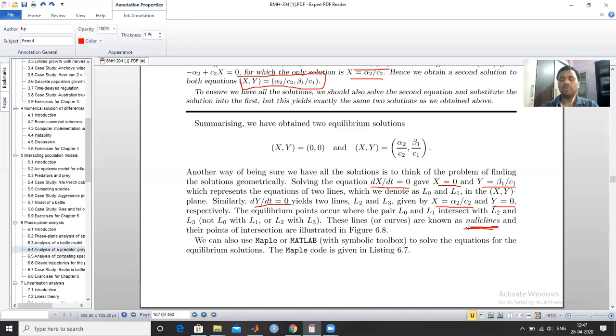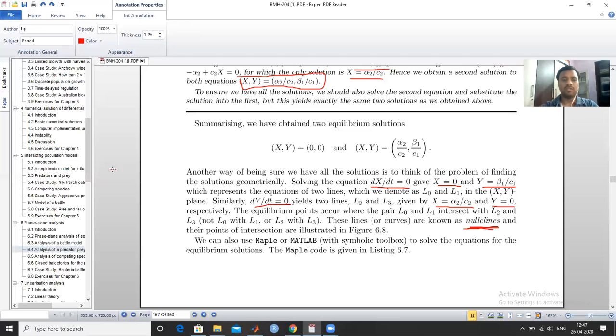If you put the derivative equal to 0, then there are some lines which represent that expression. Those lines are known as the nullity lines, and these are important in terms of finding the direction of the trajectories. Means these nullity lines divide the whole region into different areas where the direction of trajectories may change.